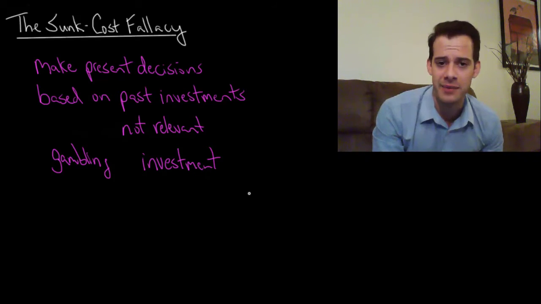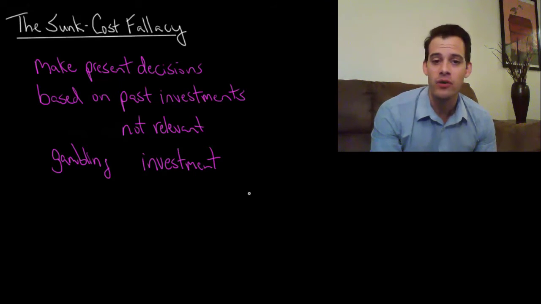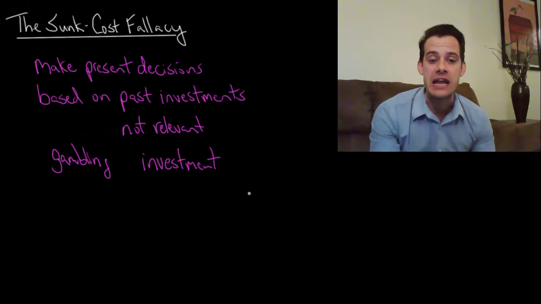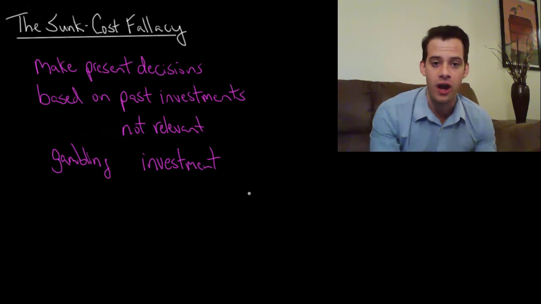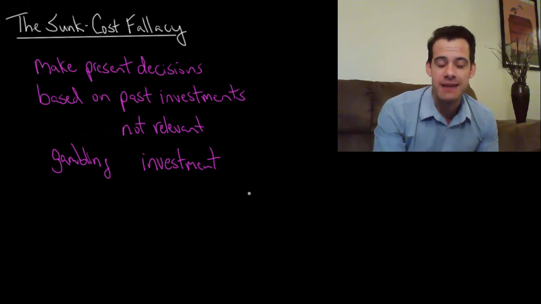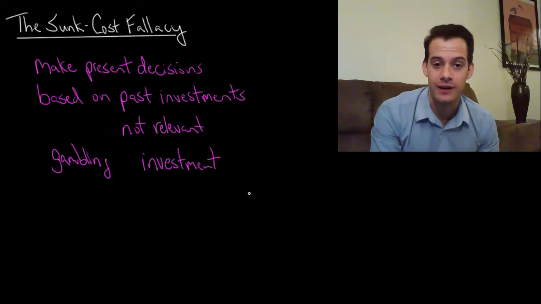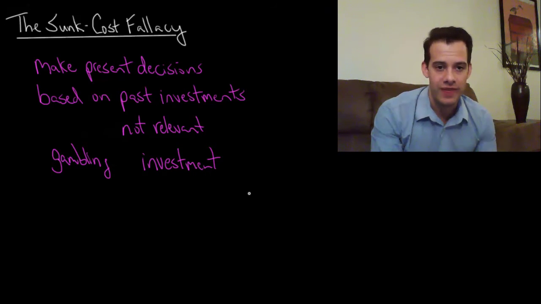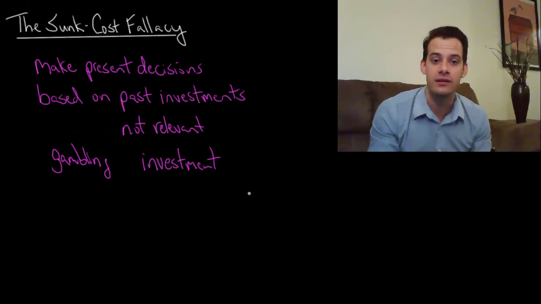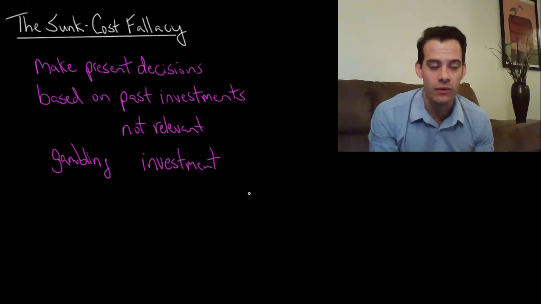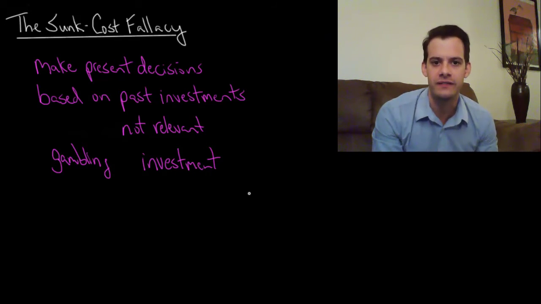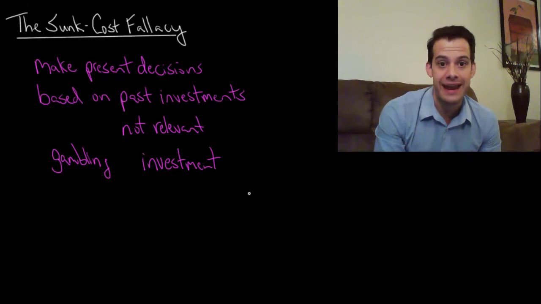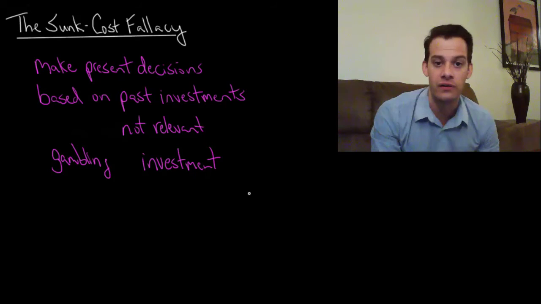Well, what Tversky and Kahneman suggested is it's because people don't think rationally. They don't keep a single mental account of all of their costs. Instead, they keep separate little accounts for the costs of different things. And so in the first situation, people lose $10, but when they think about their theater cost, it's not relevant. You know, it's $10, but it wasn't part of the cost of seeing the show. So it doesn't count. And so I haven't paid anything to see the show yet, so of course I'll pay $10 to see the show.